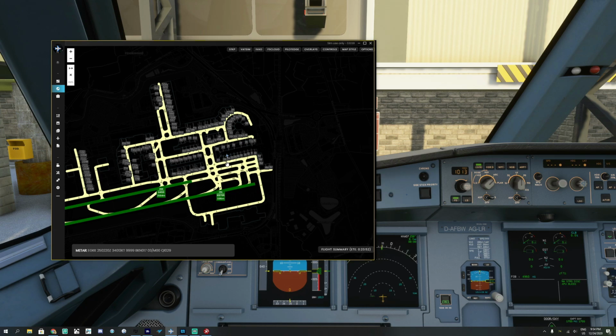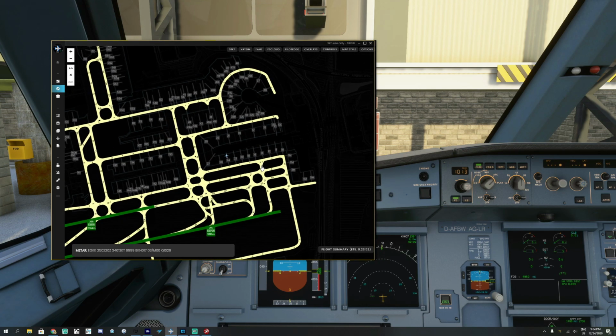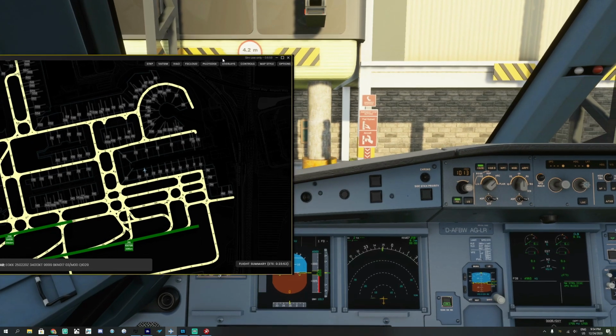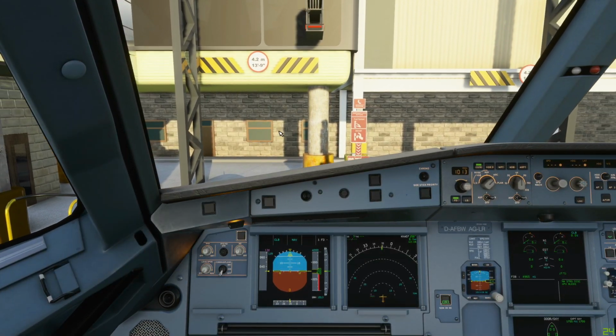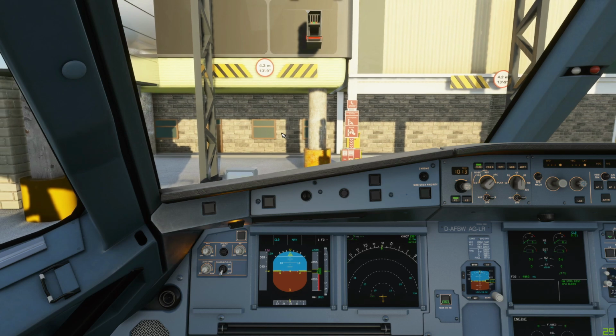And where we are going is, we are going to push the tail to the right, actually left. We are going to push the tail to the left, take taxiway Juliet, and then Zulu, Mike, and to the runway. So that's the taxi route for today. So pushing the tail to the left. Okay, the pushback started. Let's start engine number 1,